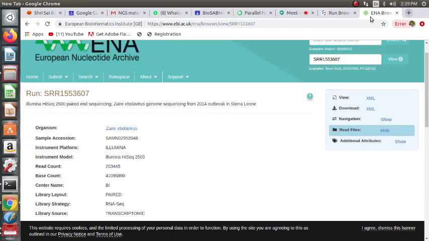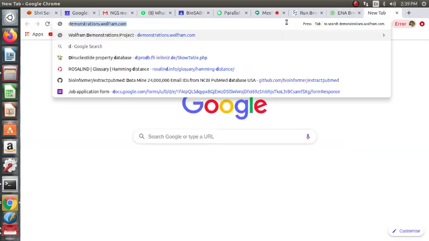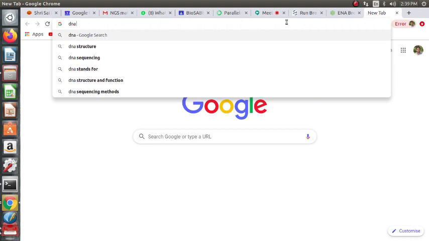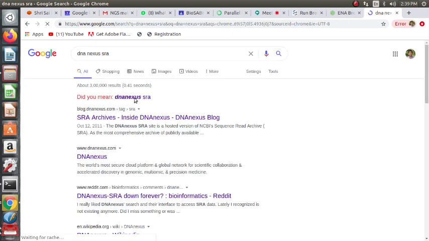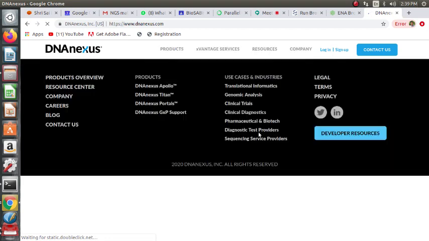Okay, and then let us see, we can see DNA Nexus, SRA also. If you go to dnanexus.com, this is a commercial interface, but still it just points to the links in the NCBI.